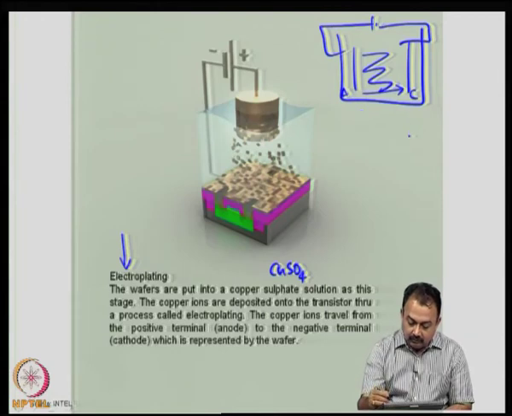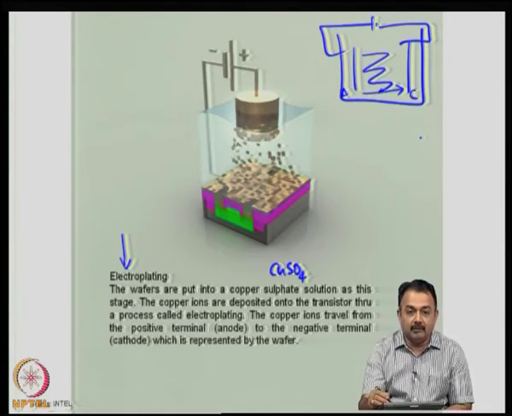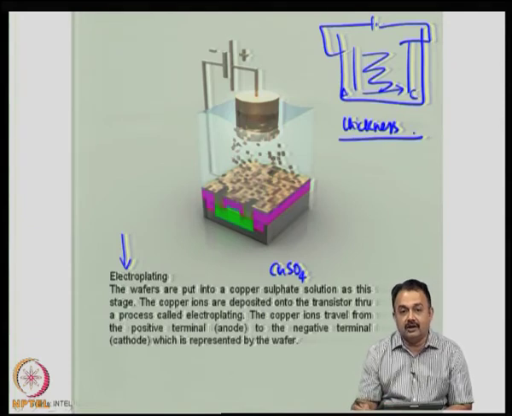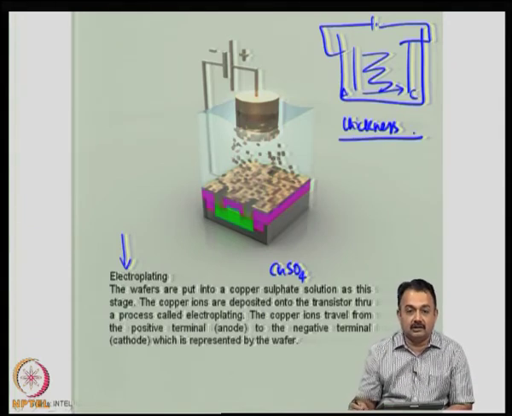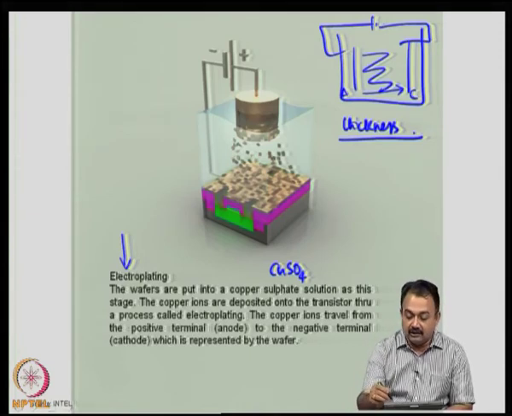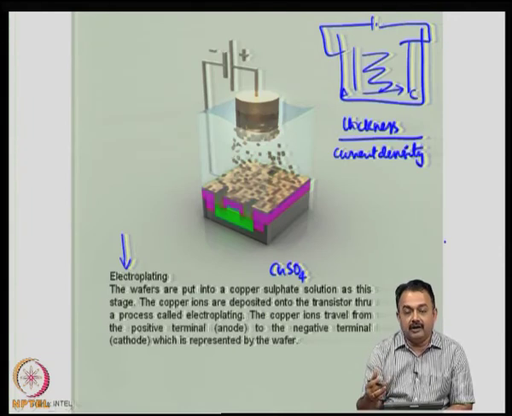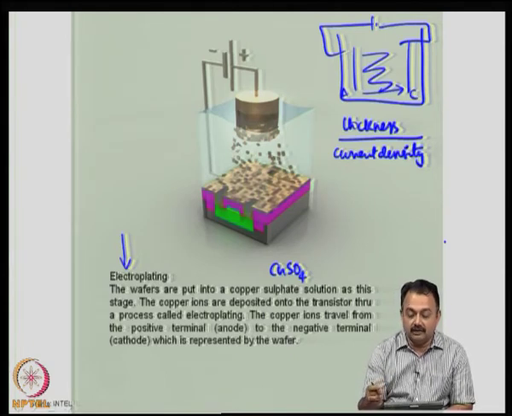Now, you have to make sure that the materials are pure, the copper material is very pure here, and also the thickness has to be well understood, because you can't keep depositing larger thicknesses of copper. So, by certain calculations and by adjusting the current density that you give in the electroplating process for a given area, you can calculate the required thickness of copper, and that will be deposited over a period of